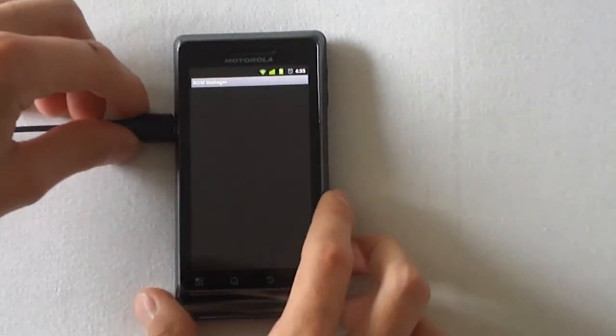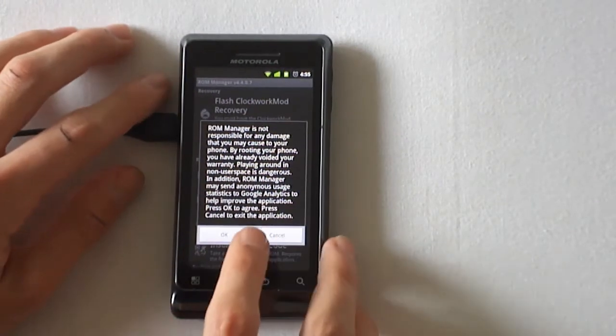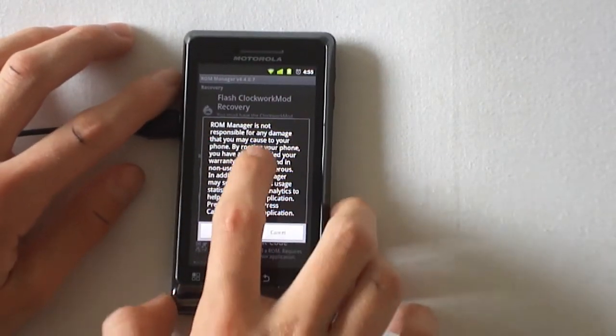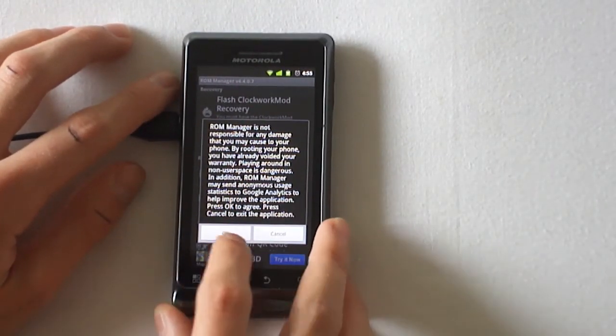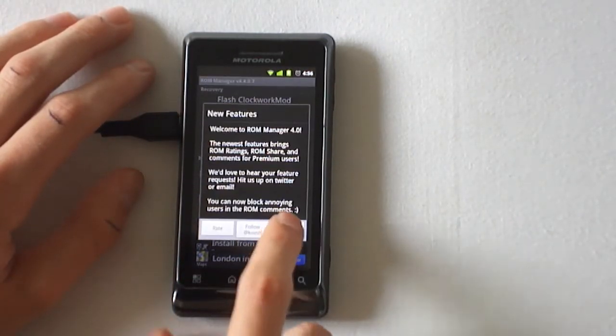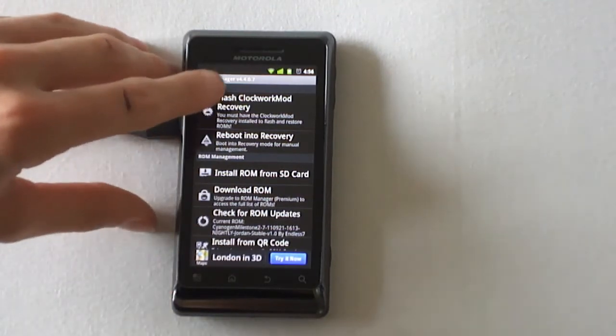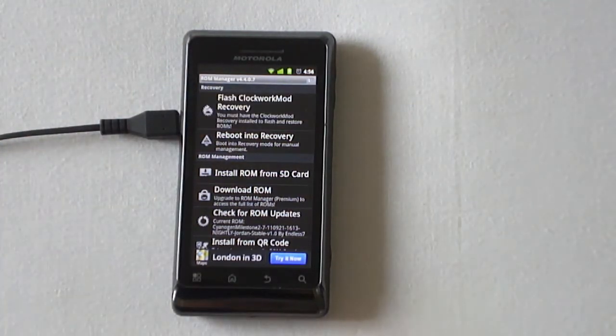So you just go onto the app. Might take a couple seconds to load, there you go. It just gives you a bit of a warning saying they can't take responsibility, but I've already told you that, so that's okay. Basically what you want to do is flash the ClockworkMod recovery. You just tap on that,